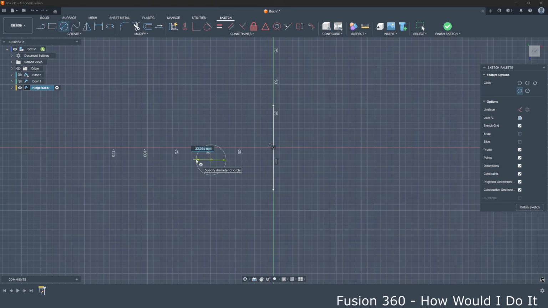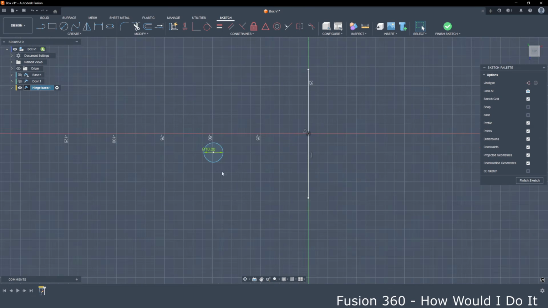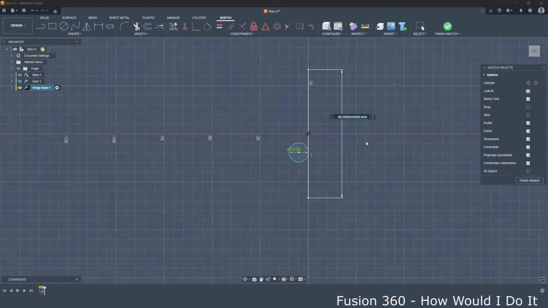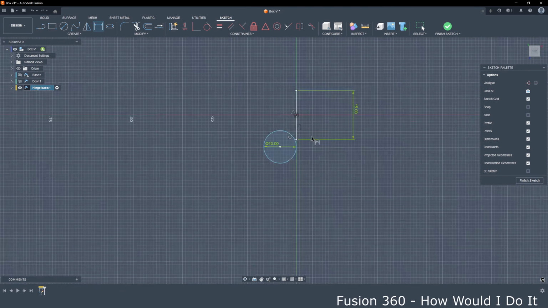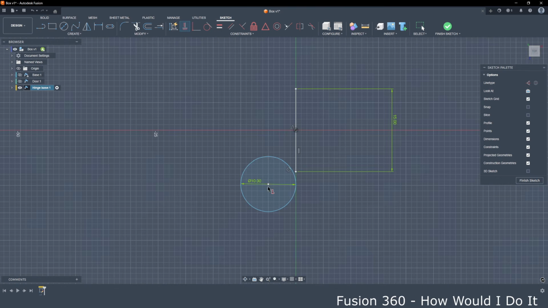Let's create a circle 10mm diameter, tangent constraint this circle to this line, dimension this line, oh this is too much, let's say 15mm, horizontal constraint this point and this point,